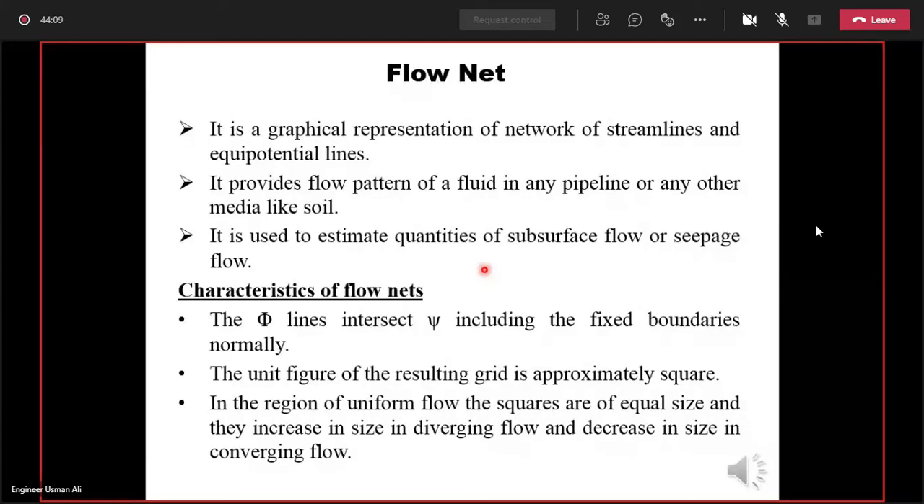Some of the properties of flow nets are mentioned. While drawing a flow net, the following things should be kept in mind. The phi lines intersect the psi lines